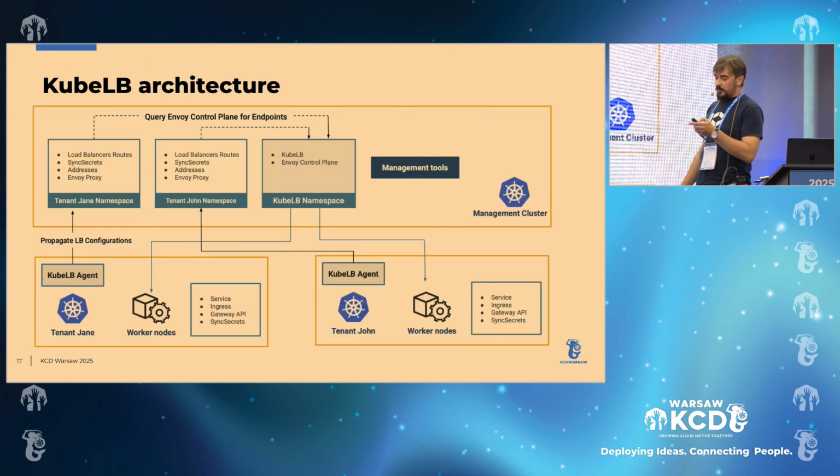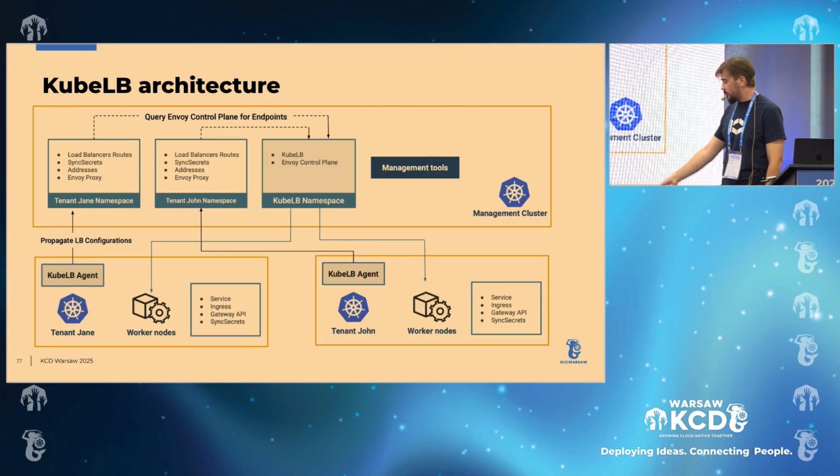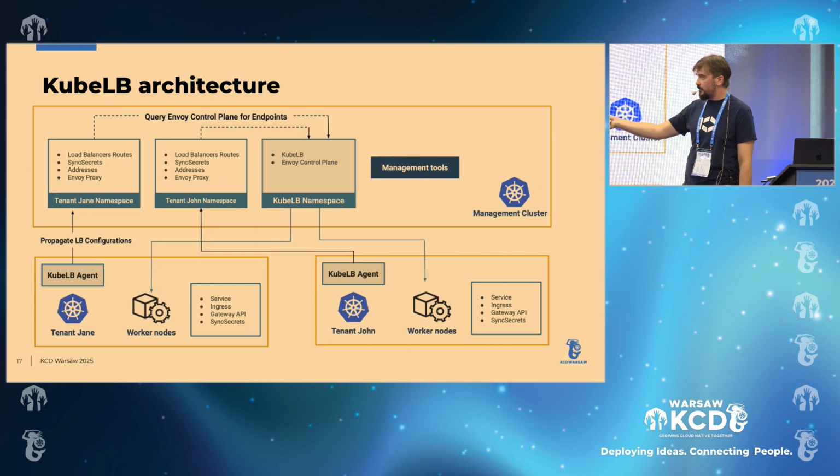And the architecture of that is, like I said, we have a management cluster where we install our KubeLB and the Envoy control plane. And if we want to connect our worker, let's say a tenant, Tenant John is an example of a cluster that you want to connect. You have worker nodes, and you deploy the KubeLB agent that will establish a connection with the KubeLB manager. And really, it needs only permissions to create the namespace. In this namespace,